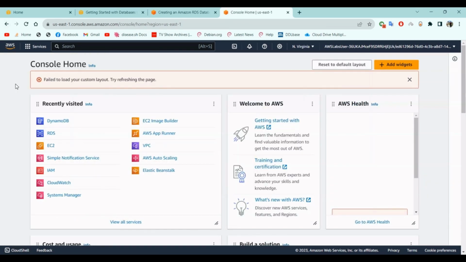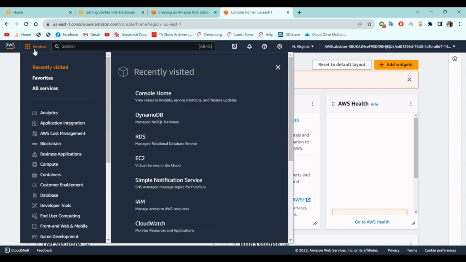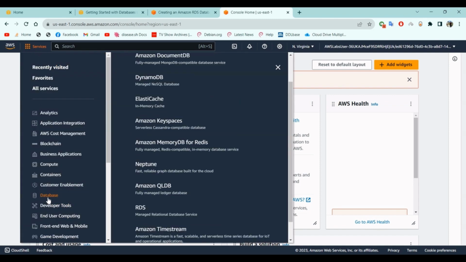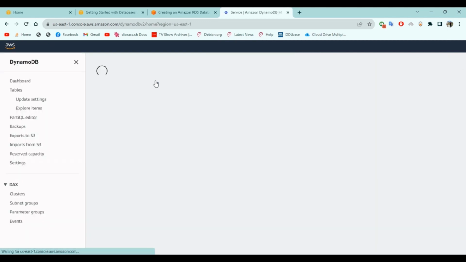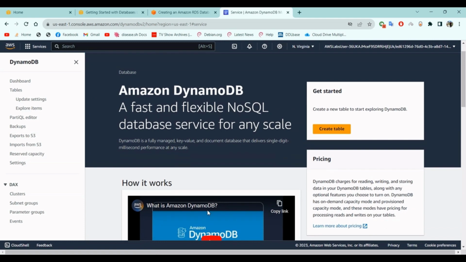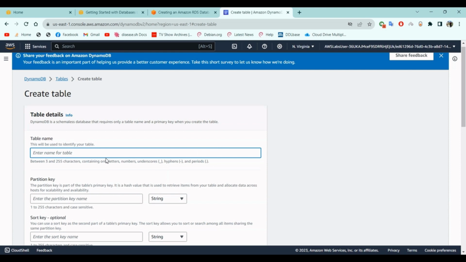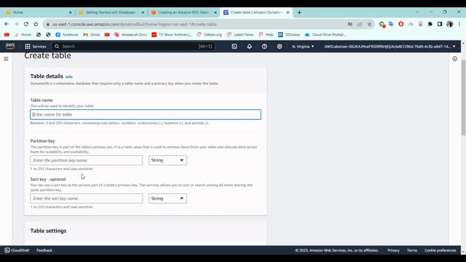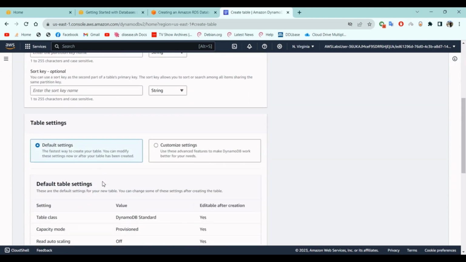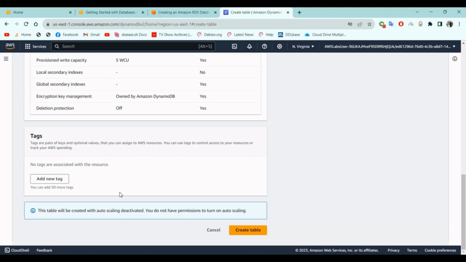Now once we are done with RDS, we'll be setting up the Amazon DynamoDB service for our application. So we'll go to databases, and then under databases we'll click on DynamoDB. And because DynamoDB is a NoSQL based database, we'll click on create table option, and then we'll populate the fields like table name and specify a partition key for our DB. Once this is done, we'll click on the create table option, and that will set up the table for our